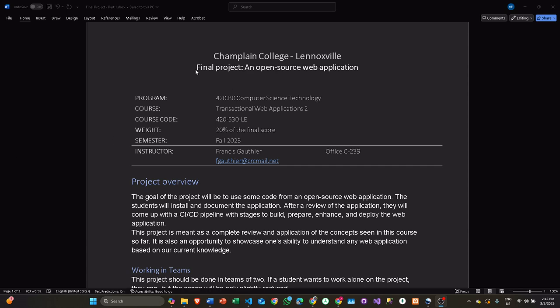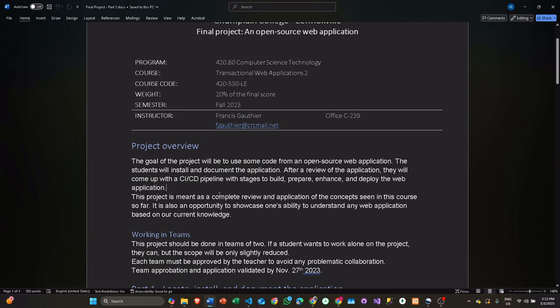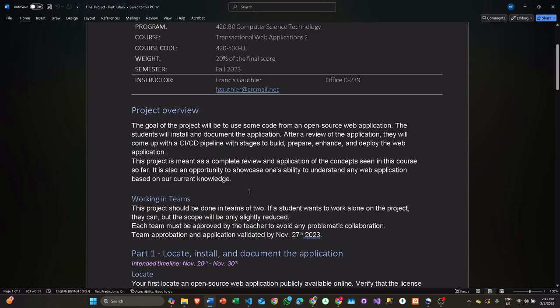What is interesting about this one is that it's an open source web application project. But what was more challenging was the CI/CD pipeline with GitLab. So doing the continuous integration, continuous deployment pipeline with stages. We learned a little bit about how it worked, and then we had to implement it with an open source web application. So we had to choose an application and run it on React. Well, the one that we selected was on React,